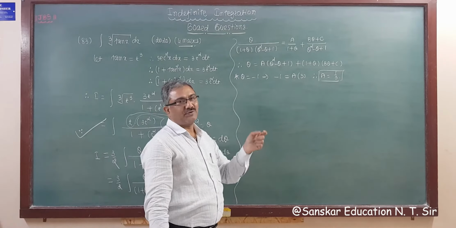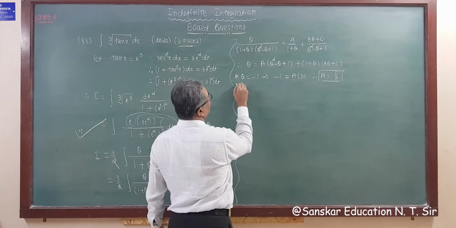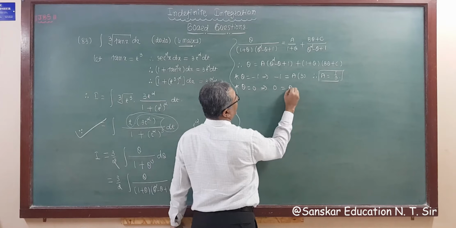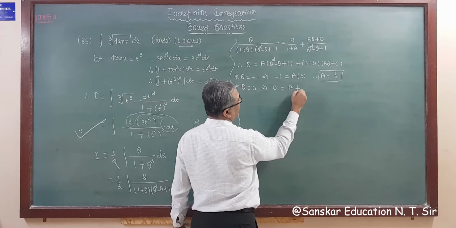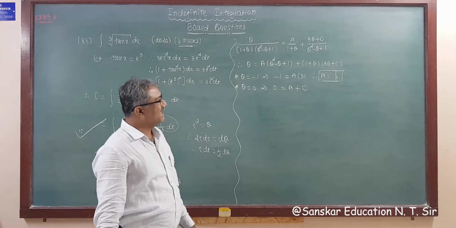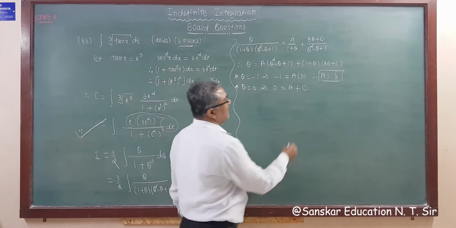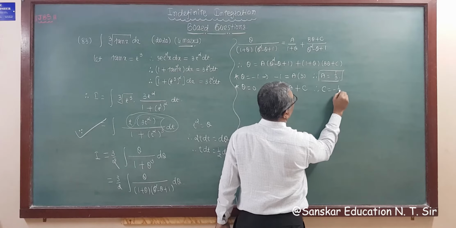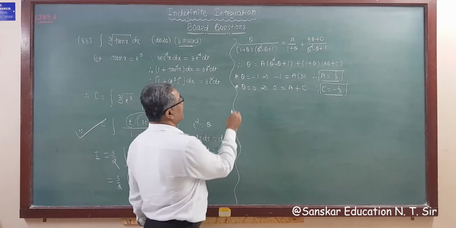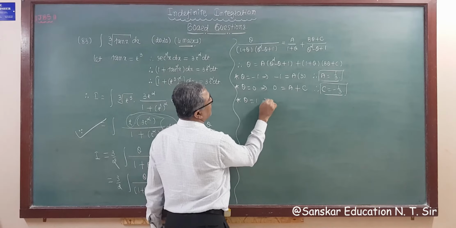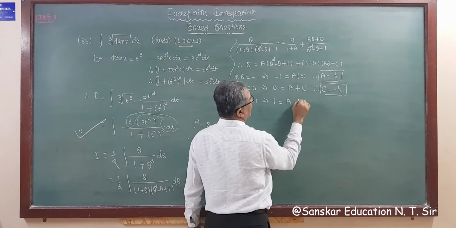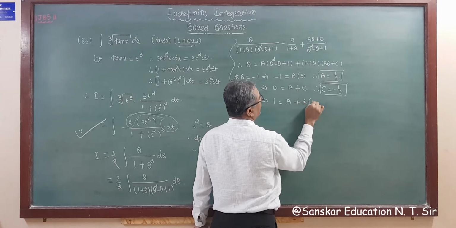Now taking random values, so first we are going to take theta is equal to 0 as usual, so that is 0 is equal to a, and theta is 0, so 1, and c, so the answer of c is minus a, that is c is again minus 1 upon 3. Now b is remaining, so taking theta is equal to 1, we get 1 is equal to a, 1 minus 1 plus 1 is 1, plus theta is equal to 1, that is 2, into b plus c,